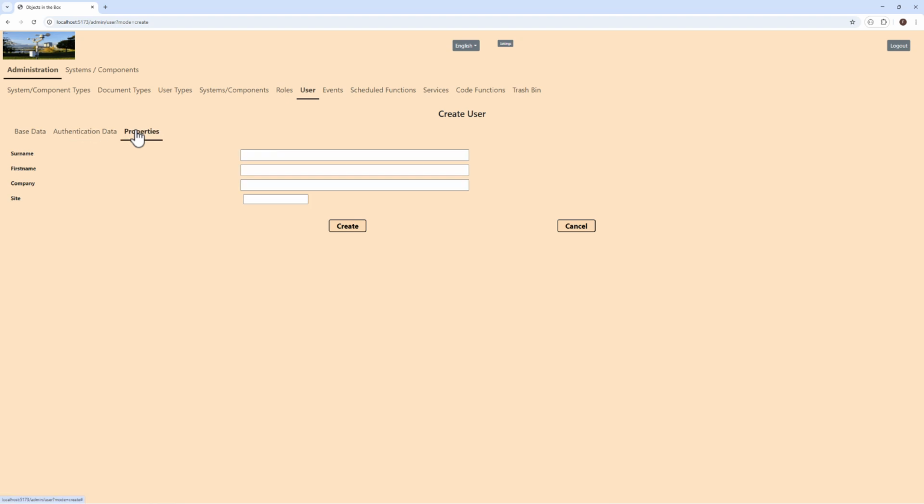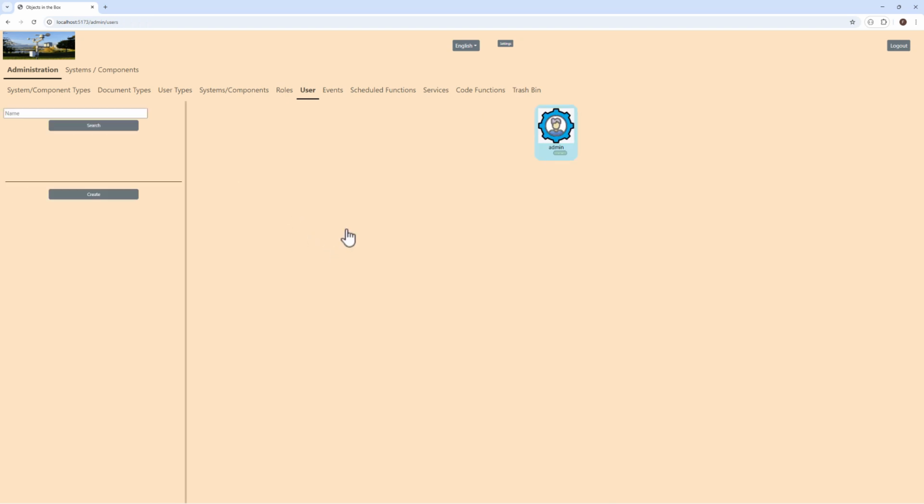And the properties is Smith, Eddie, and site is Atlanta. So now we have our service technician created, and I will log out from this screen here as an administrator